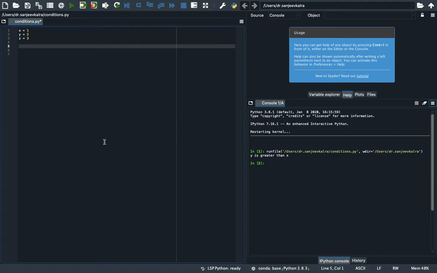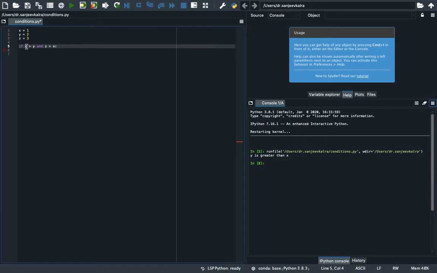So we can say if z is greater than y and z is greater than x. So here we used and sign. And sign is used when we want to check if all the statements are true.